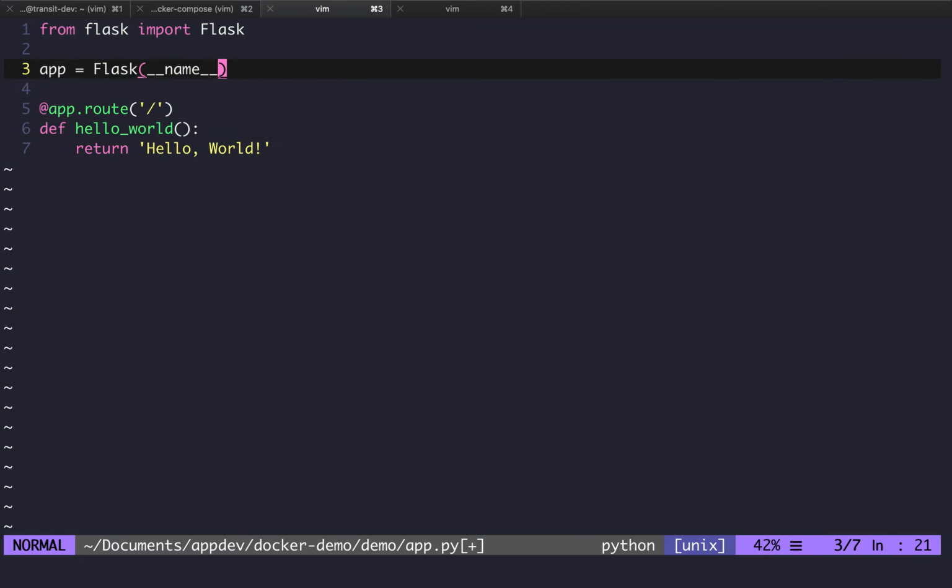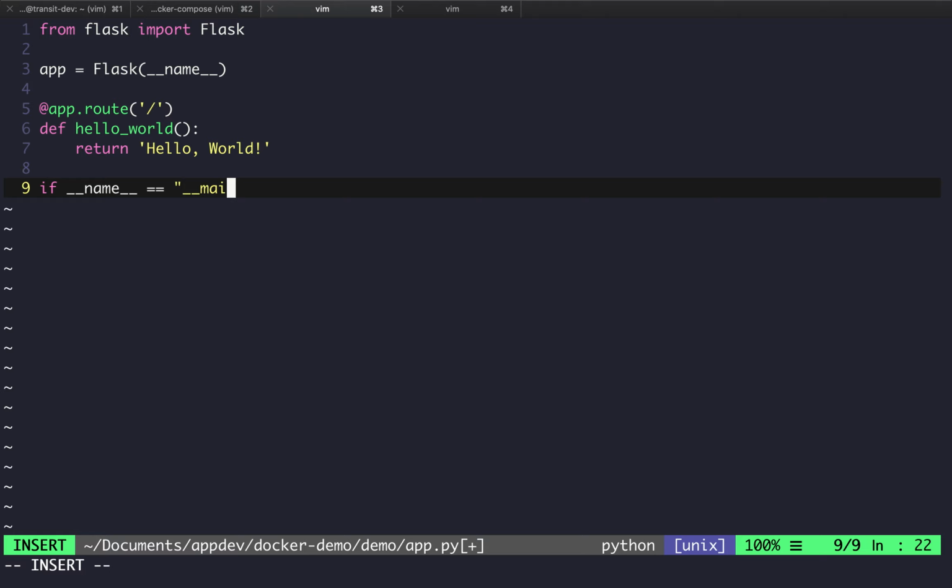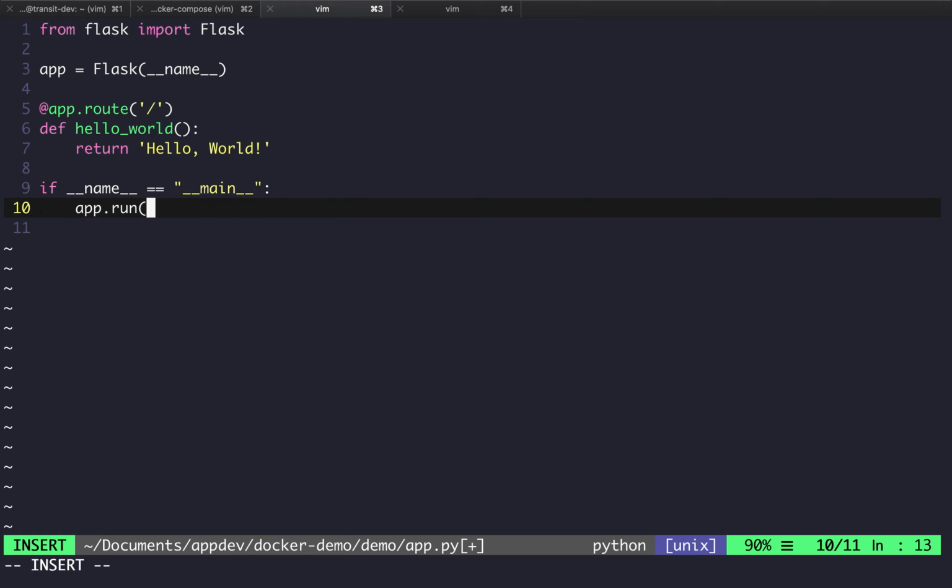So I mean, you guys should have it from your previous assignments. Just app equals Flask name, app route, and then we need the if name equals main stuff so that when we run python app.py, it actually runs. I think it's this, but we will find out. App.run, and then we set the host to be our computer, which is just 0.0.0.0, and then the port is 5000.